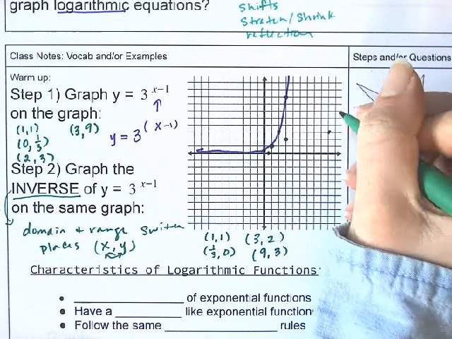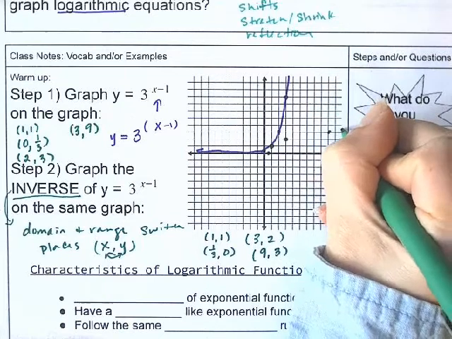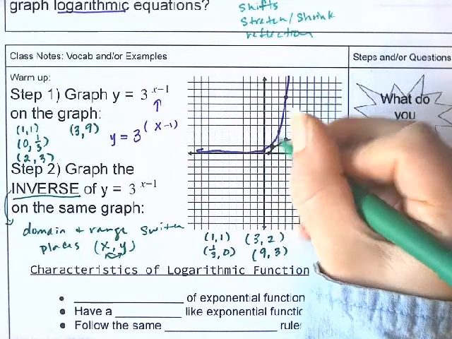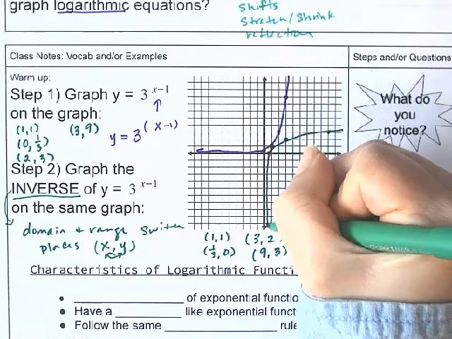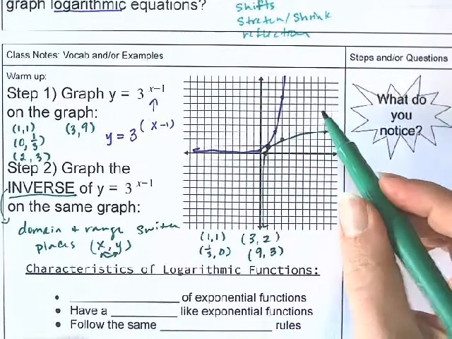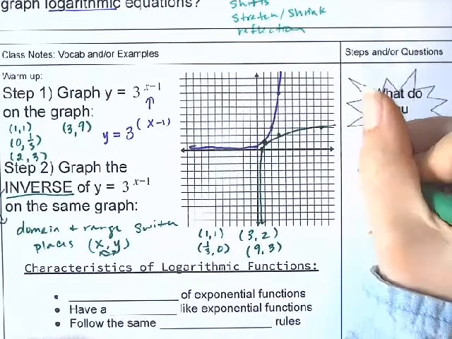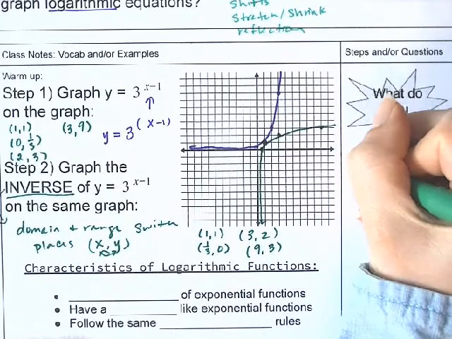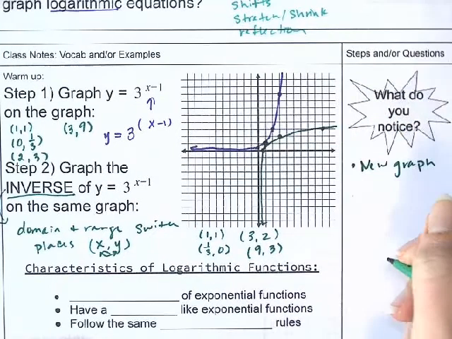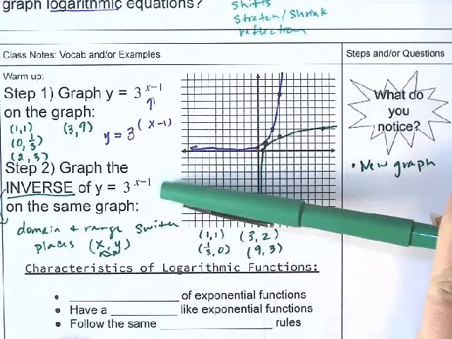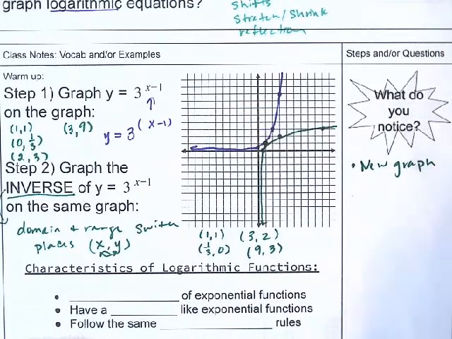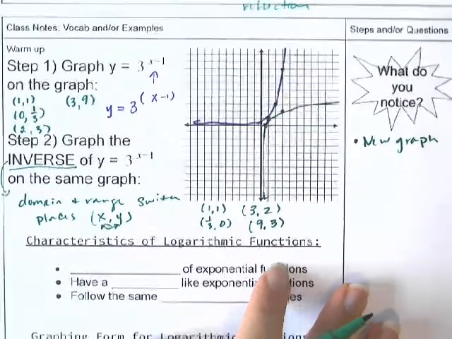1, 2, 3. So what you're going to notice is it's basically the reflected version of the graph that we have here. And if you wanted to get some more points, we could. But it should be a reflection over that line that we talked about, y is equal to x. So I kind of see that. So if I'm thinking about what do I notice, obviously we created a new graph. And so there has to be a way that I can describe something that would be considered the inverse of an exponential. So that kind of brings us to this idea of something that we're going to call a logarithm,